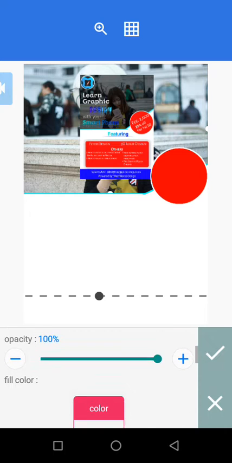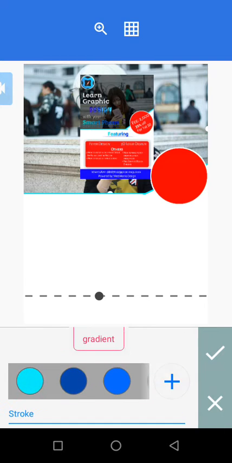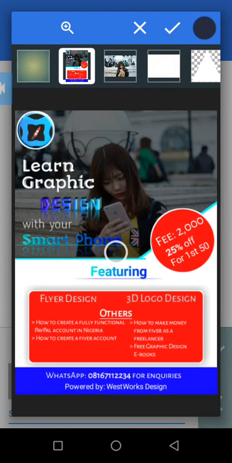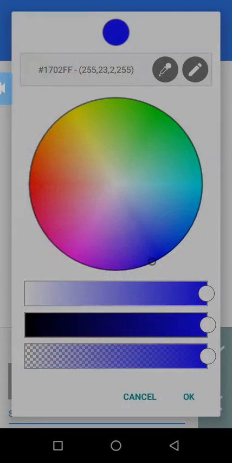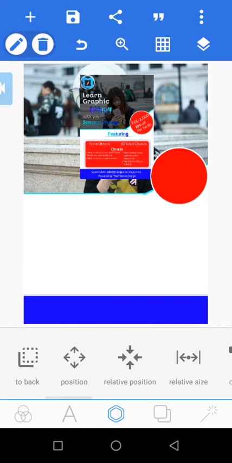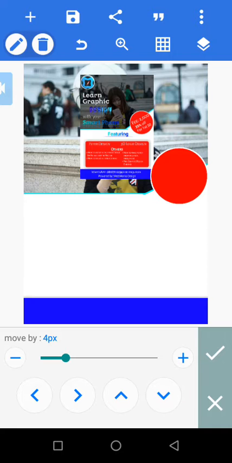We'll come to color. Let's get the exact color. So we'll use our eyedropper, click on the color and click OK. Then click OK here, and we'll move it a little bit down,